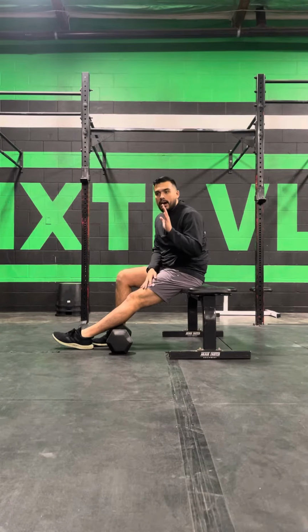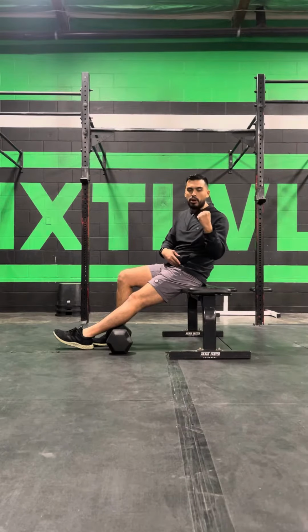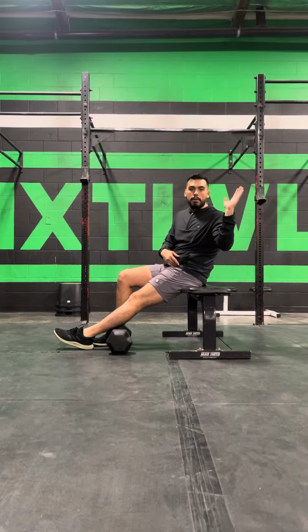So we're going to do an isometric hold at your end range, where you feel your lower abs, where you feel the hip flexor really working. And then we're going to do a 5-second come up. Okay, so